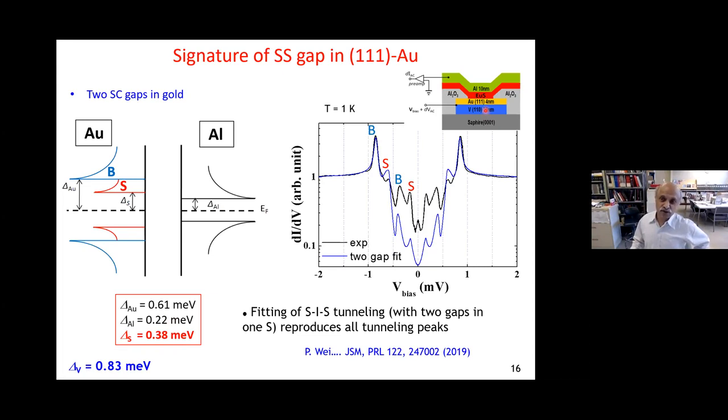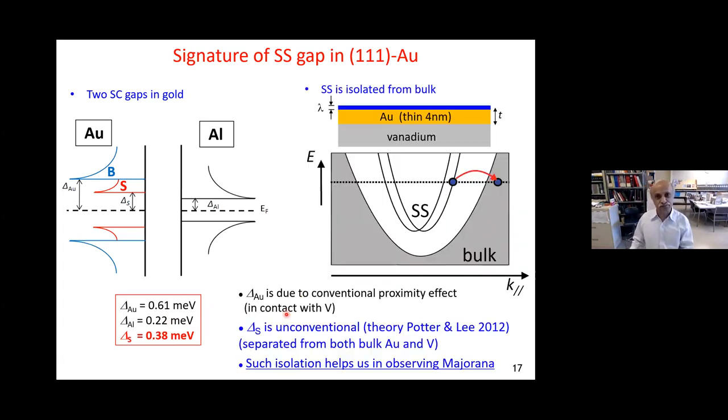So we are able to proximity couple the gold into the superconducting state, and not just that, the surface state shows a nice gap. So we have a very nice system now, where the surface state is there, and at the same time this surface state shows superconductivity. Now, as I mentioned before, this superconducting surface state comes from the indirect scattering process between the bands, which we went over before, both elastic and inelastic scattering. So we could see that the surface state is superconducting.